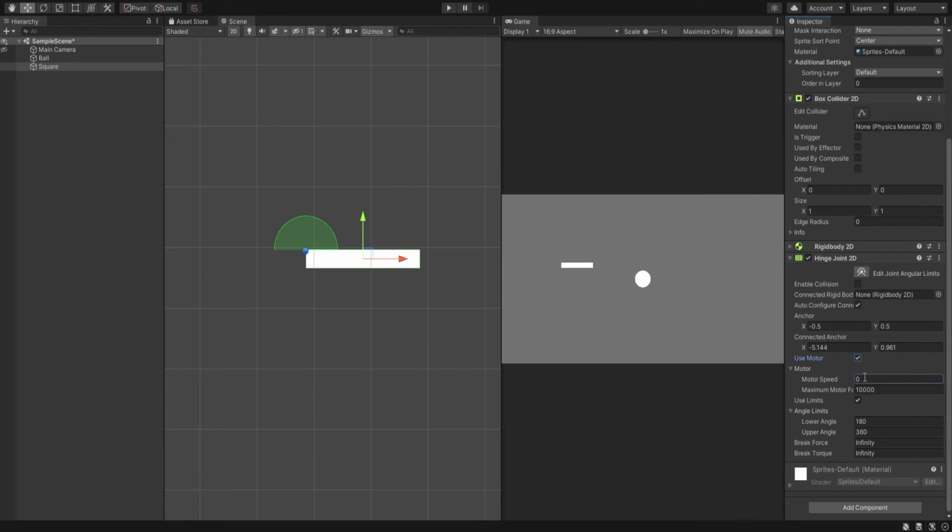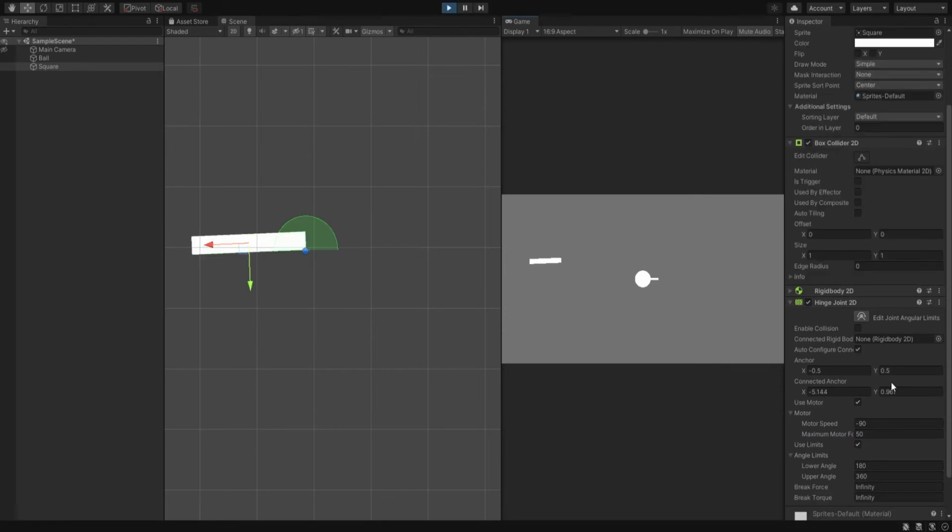Now turn on use motor, change my speed to negative 90 because I want it to rotate to the left, and change its motor force to say 50, then I'll hit play. Alright, wrong direction, positive 90, negative 90, and so forth. So we see that it's just creating like a door-like hinge, which can be really useful for